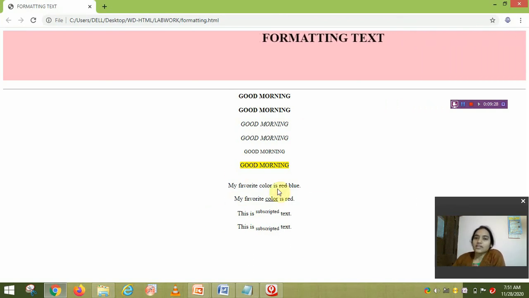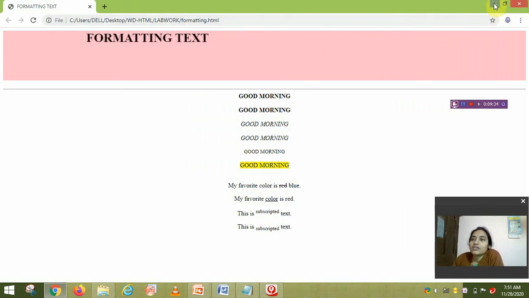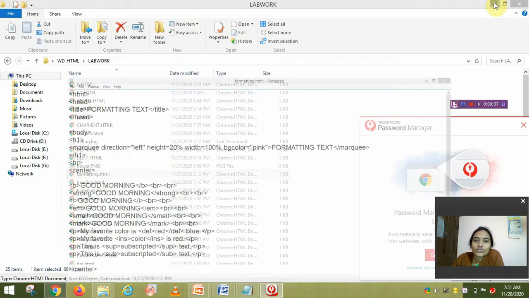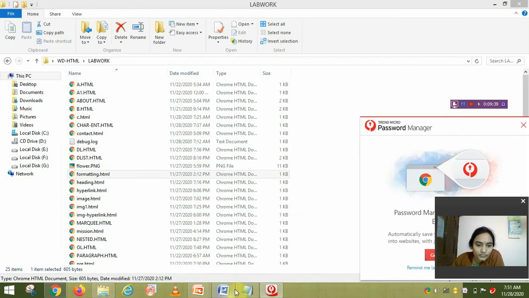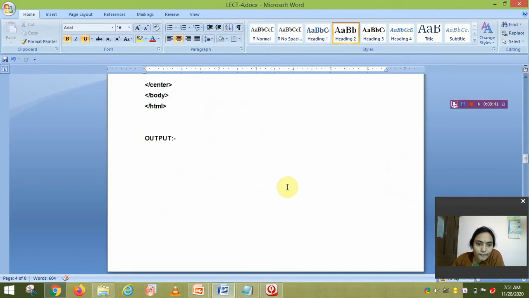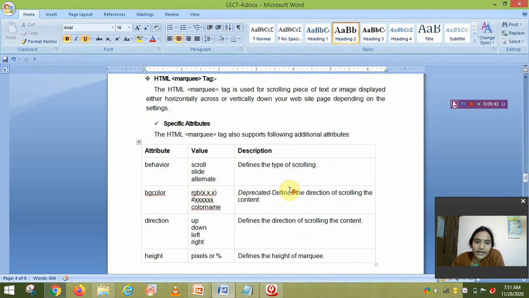Another thing is there, this text is scrolling here. How it is scrolling, we will show you. Next tag is the marquee tag.